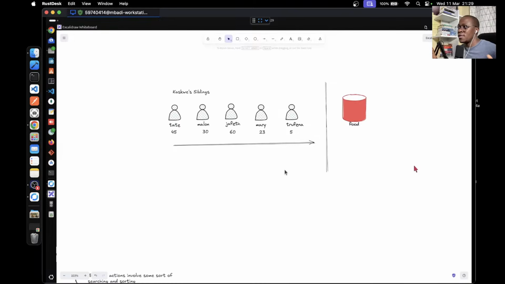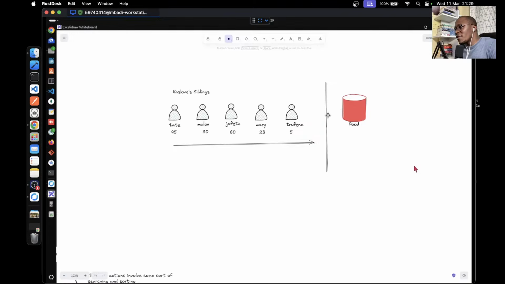I haven't lost anybody. So we want to give these people food, but we can't start with this person. He's at the front, but we can't start with him or her because he's the youngest. He's supposed to be over here. As a matter of fact, the person here is supposed to be the one here, because he's supposed to be the one being given food first. In some families you might want to put the oldest last, but for the sake of this tutorial, let's use what we are going to use here.